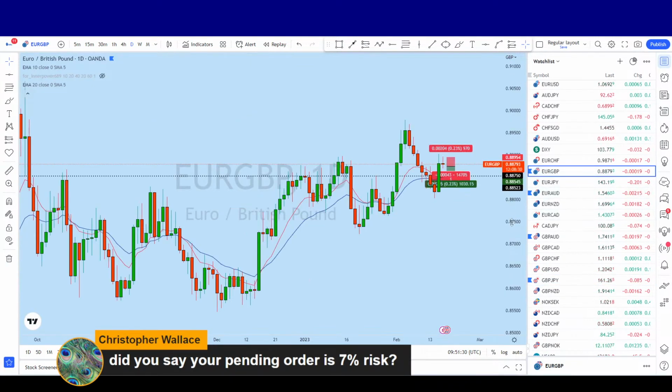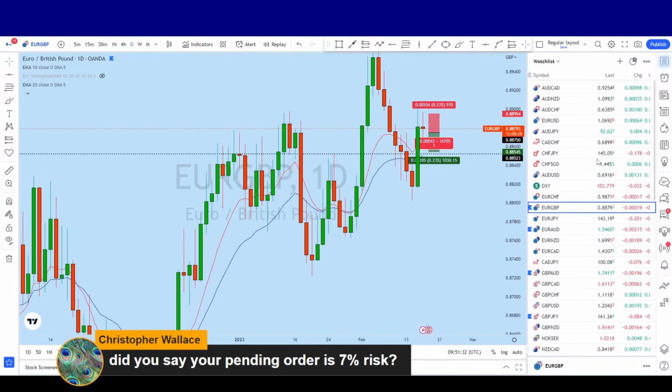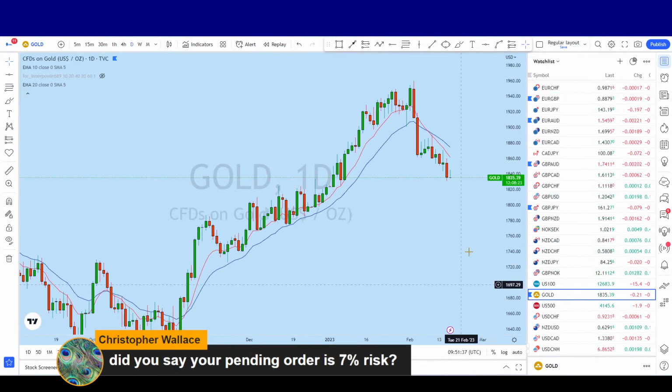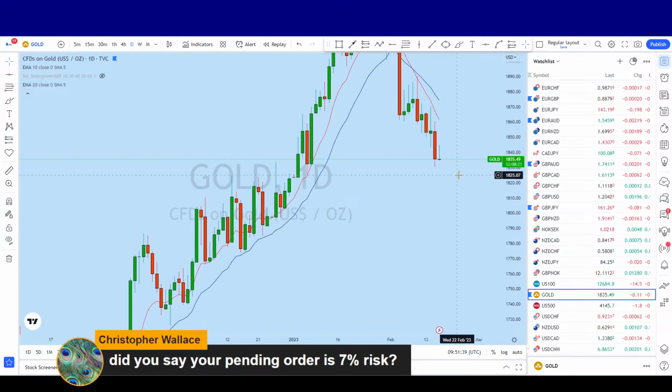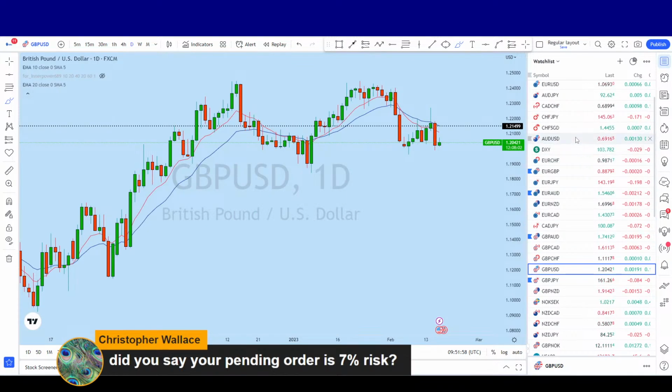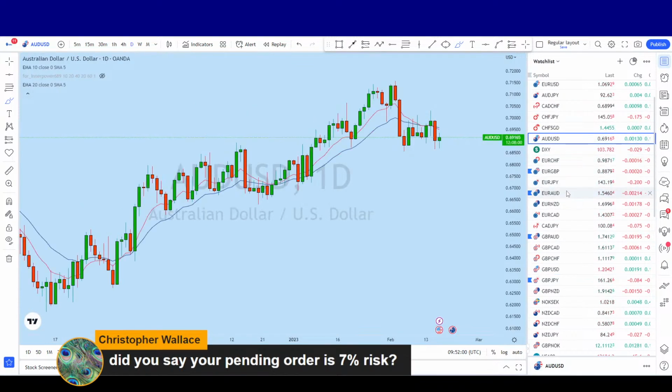Okay, and for gold, there is a probability for gold to drop, but I will be waiting for this buy opportunity in this level. Okay, during the news we might see gold coming down. After a spike, maybe we'll see the drop. And yeah, so what I see,